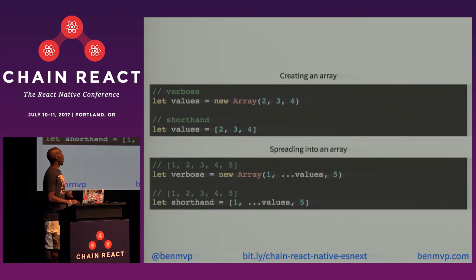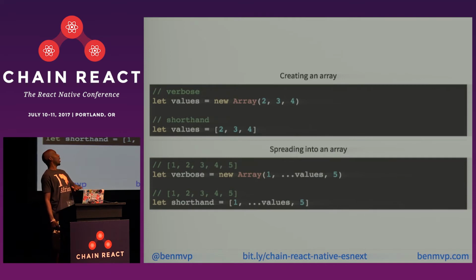Well, if you did the spread operator in here in the constructor, which is a function call, now it makes sense. We have 1, then we're going to spread in 2, 3, 4, and then add in 5 at the end. And that's how we're able to create a new array from an existing array, by spreading it in. Similarly, that's how the shorthand notation works as well, because it maps to that. So you can create new arrays by spreading.